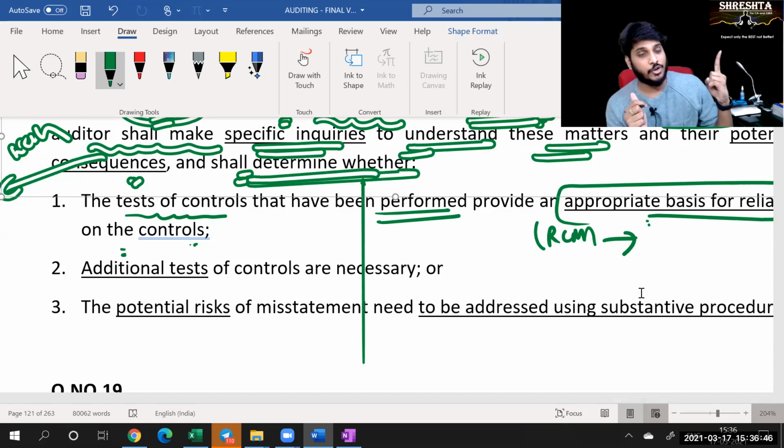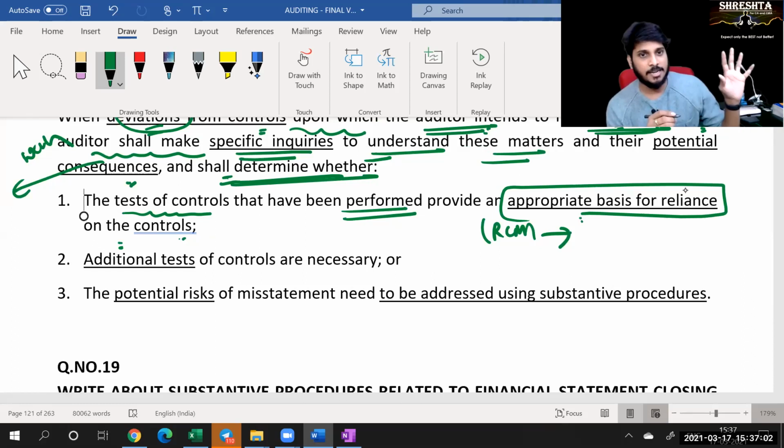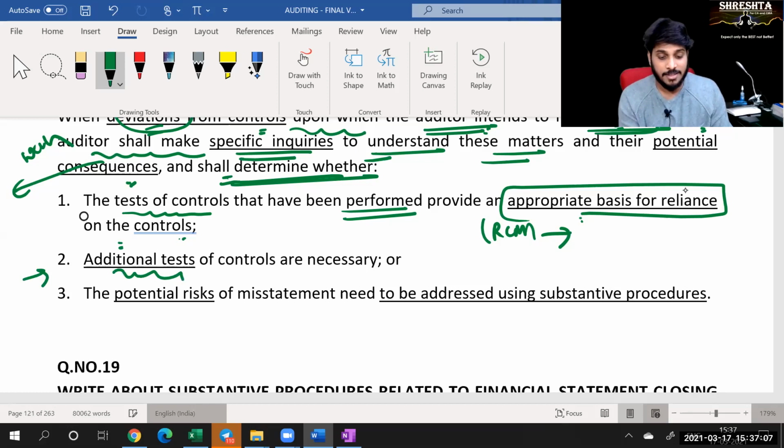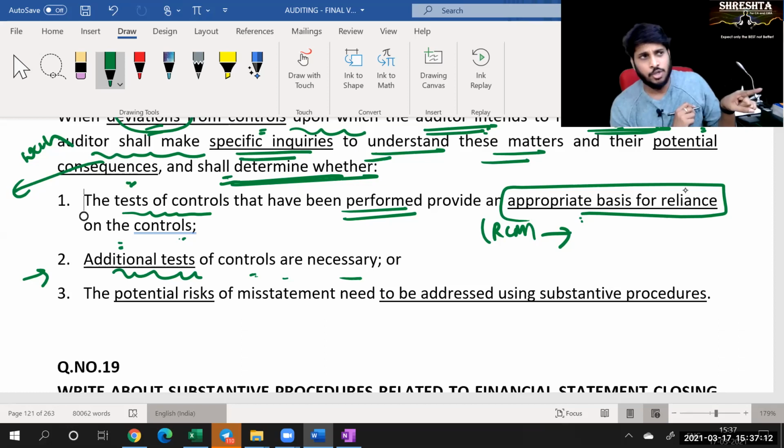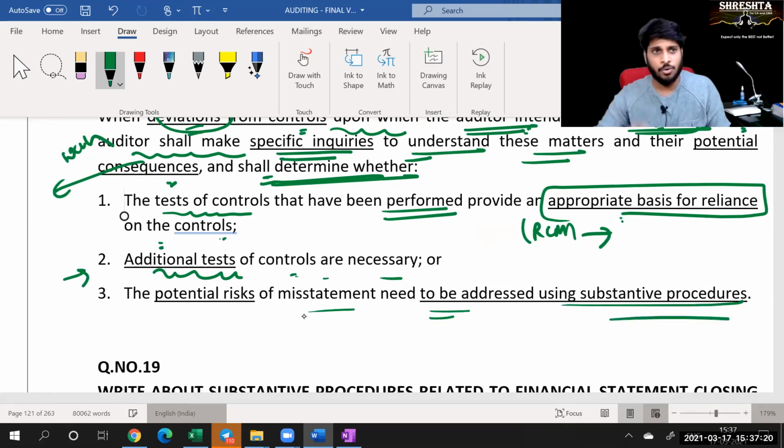Originally, when I saw the risk control matrix, I felt the control was effective. But when I look into the actual transactions, I discover some mistake. I need to go back to the work I did earlier and check whether it is appropriate. I will look again at the design of the control and how it is implemented, and see whether any additional test of controls is necessary. Do I need to test the control once again? Do I need to analyze each and every component of the control? And what potential risks of misstatement need to be addressed using substantive procedures? Based on that, I will test all the transactions again.